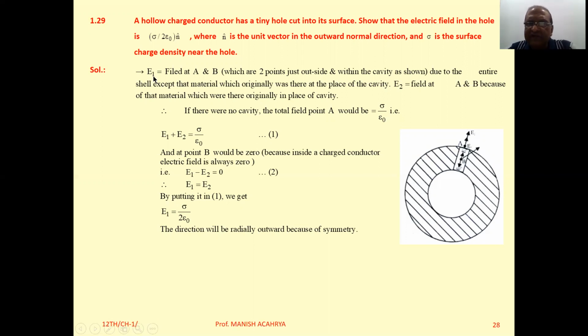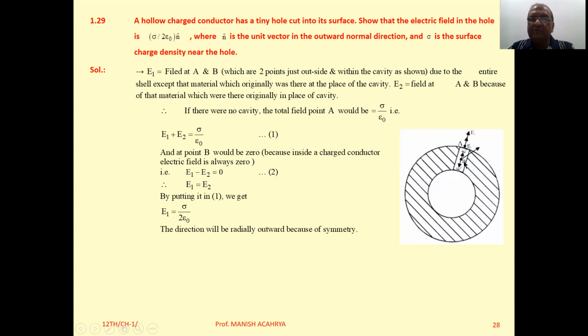So electric field E1, that is at point A and at point B, that is due to the entire cell except this particular material of the cavity which originally was there. એટલે અહીંયા જ્યારે આ મટીરિયલ હતું ત્યારે આ કેવિટી ના કહેવાય, પણ હવે આ મટીરિયલ અહીંથી આપણે કાઢી લીધું એ પછી A અને B પાસેનું ફિલ્ડ આપણે E1 લીધું. ઓકે, હવે